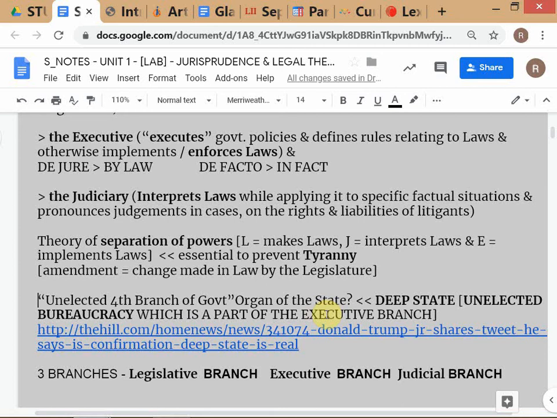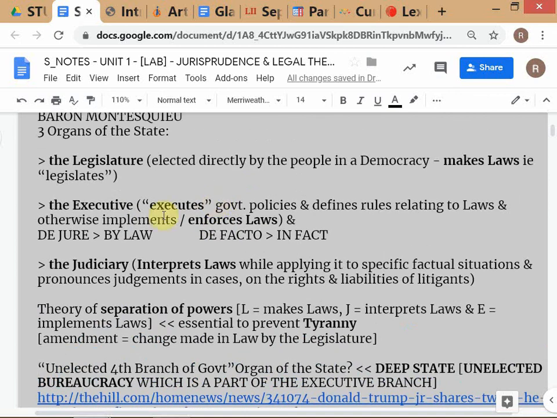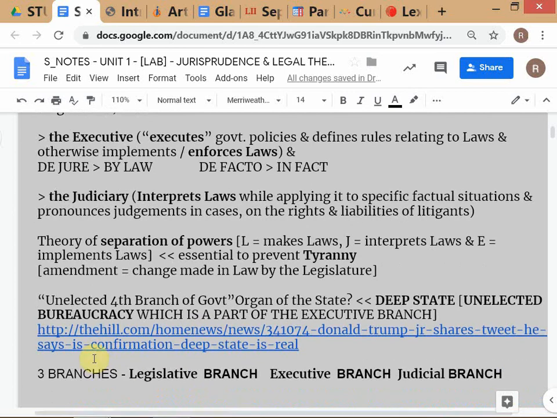One of the problems that Donald Trump is facing as president is in the government, the executive branch, you understand? The police is part of which branch? Executive branch. Our intelligence agencies, RAW, CBI, are all part of the executive branch, so all report eventually to the Prime Minister. In the executive branch, there are actually two parts. We should now think about the executive branch as having two parts.